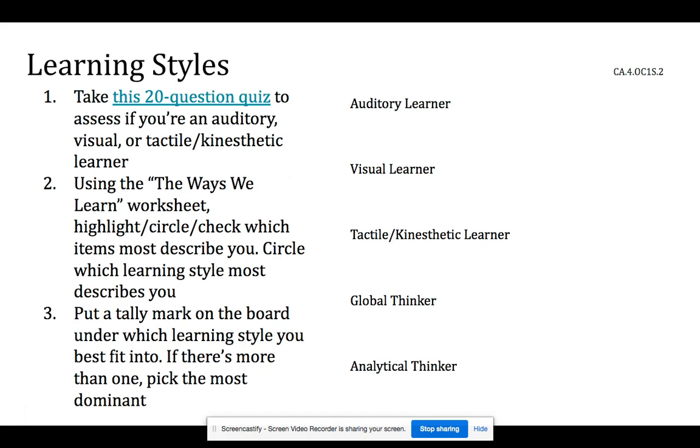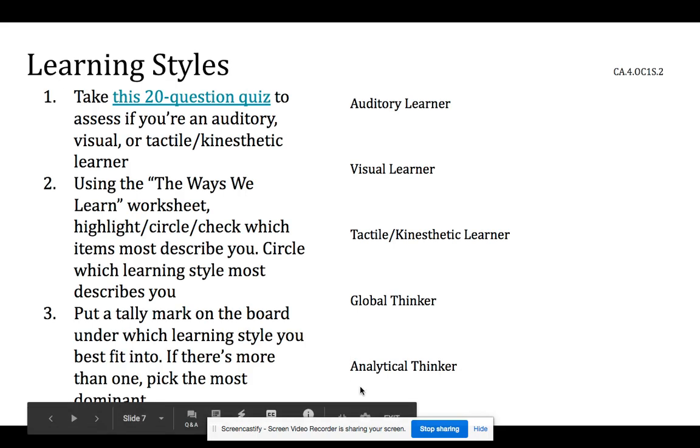That changed my life in college when I figured out, oh, hey, I'm a visual learner. That's why I've been bombing all my classes. And once I figured out how to study for visual learners, I started getting really good grades. So this is helpful for you in your everyday life, but also to see that there are a lot of different ways people learn, and that can help you prepare your content for your audience in that way.